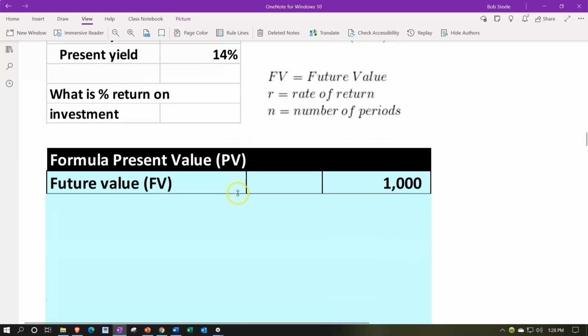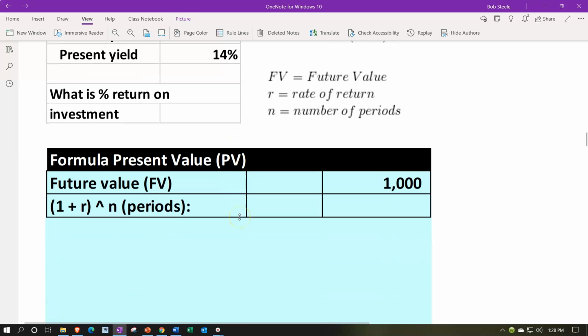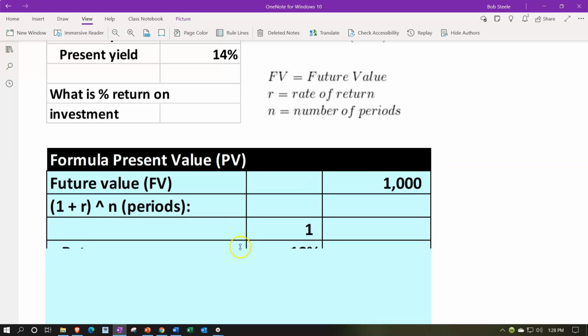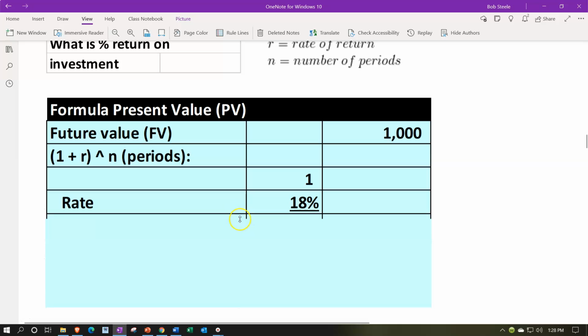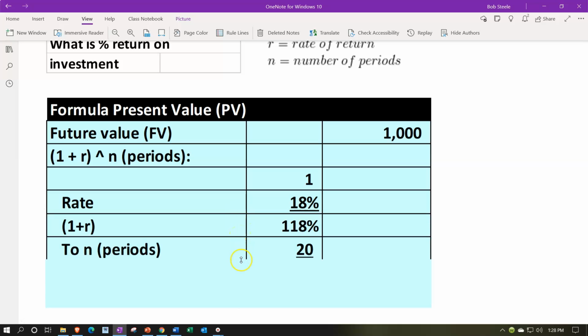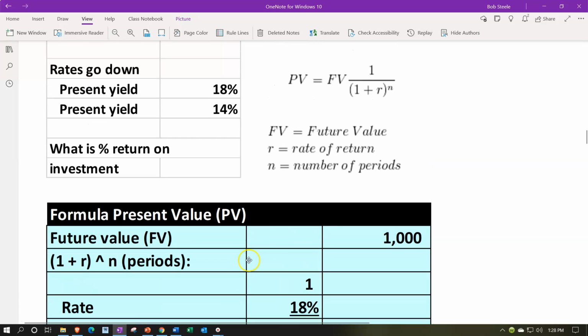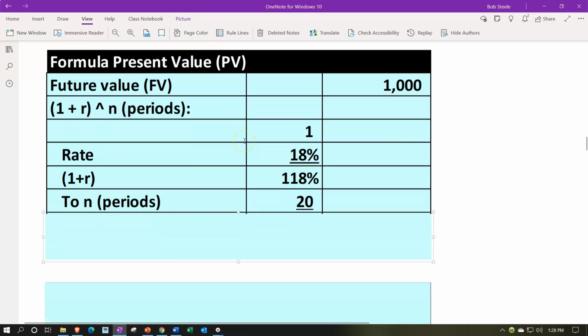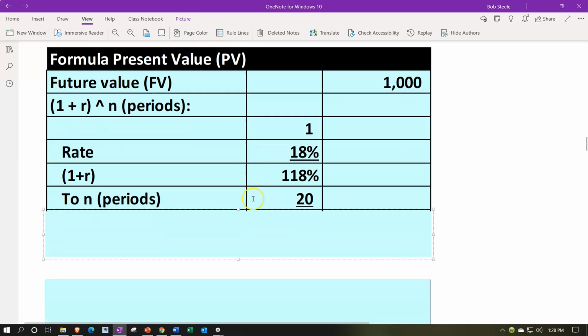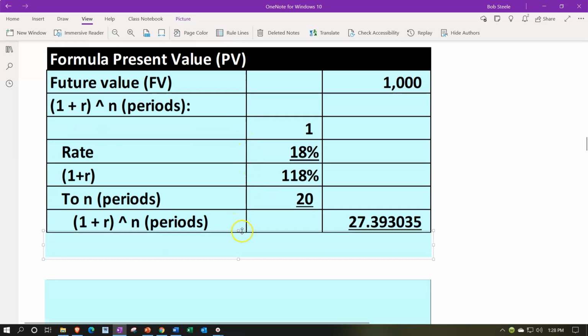Breaking that out in our table format, 1,000 in the outer column, 1 plus R to the negative N. R is the 18% rate, the market rate, in other words. 1 plus the market rate is 118%, taking that to the power of the number of periods, in this case years, 20 of them. So 118%, or 1.18, to the power of 20 gives us the